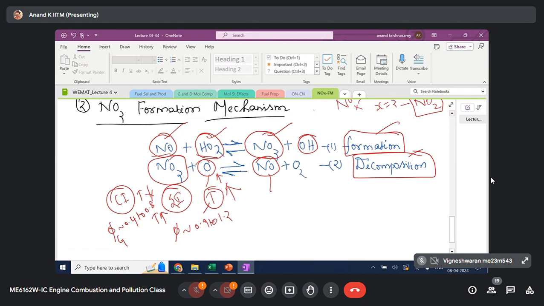Because of this quenching, all these chemical reactions generally happen during the expansion stroke. During the expansion stroke, there is a volumetric expansion. The piston moves away from TDC, volume increases, pressure drops, and there is an associated temperature drop. This temperature drop is high in a CI engine because the operating Phi is low. And you always have XSR available in a diesel engine, 30 to 50% XSR. All this results in reduced O radical availability during the expansion stroke of a CI engine.